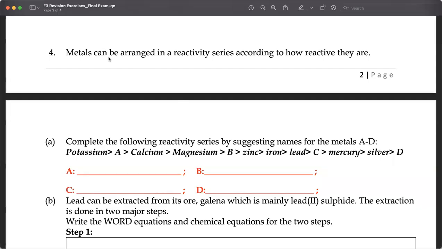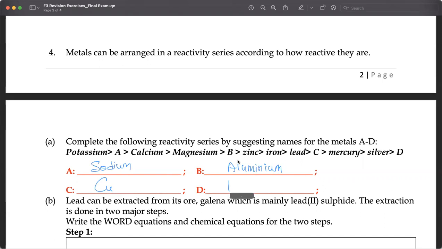Question 4. Metals can be arranged in a reactivity series according to how reactive they are. Complete the following reactivity series by suggesting names for the metals A to D. Potassium, and then the next one should be sodium, and then calcium, magnesium, aluminium, zinc, iron, lead, copper, mercury,